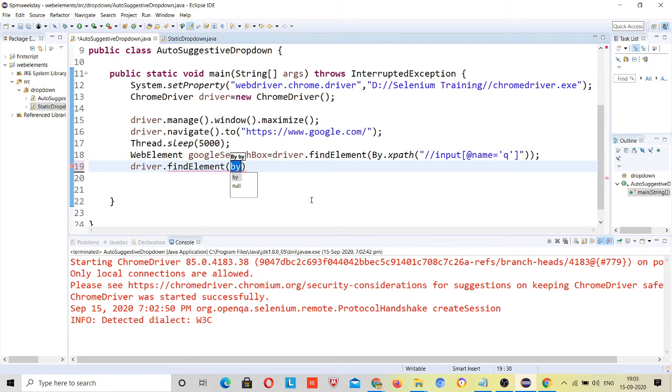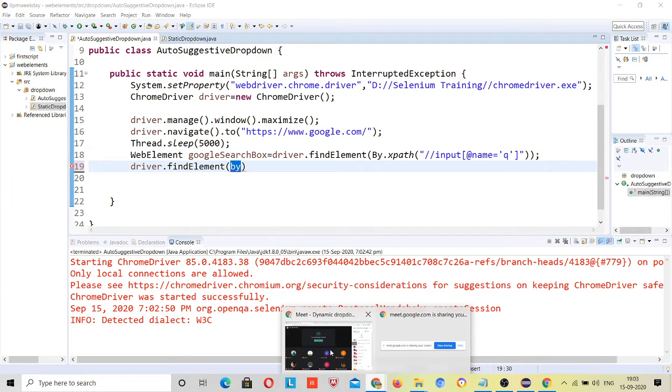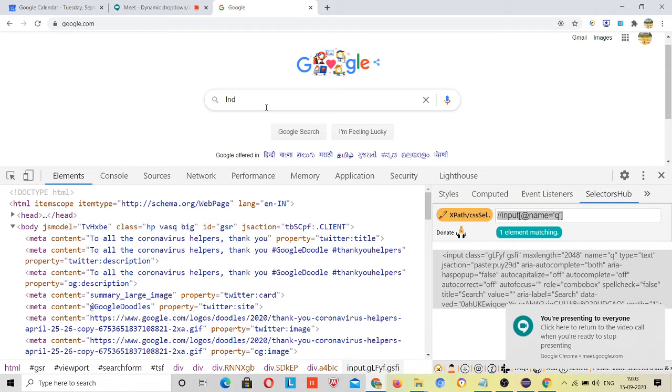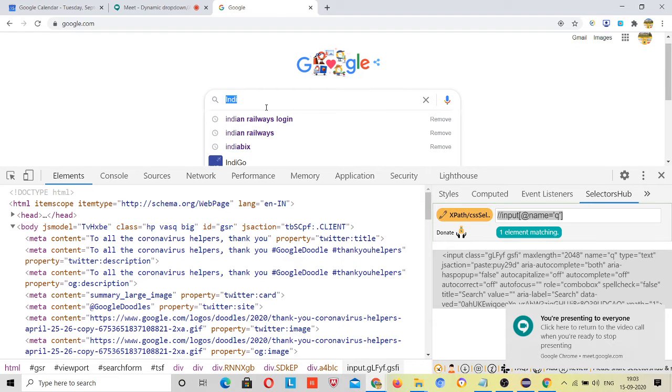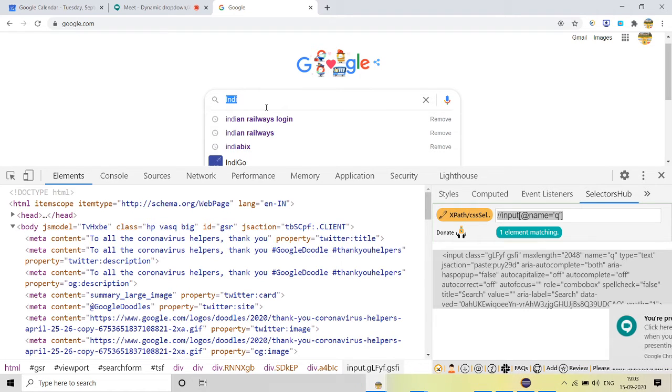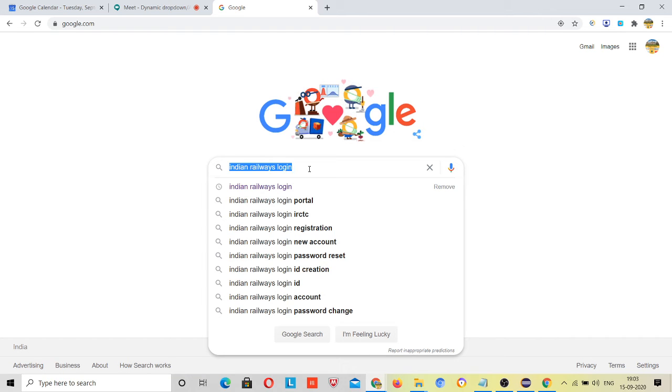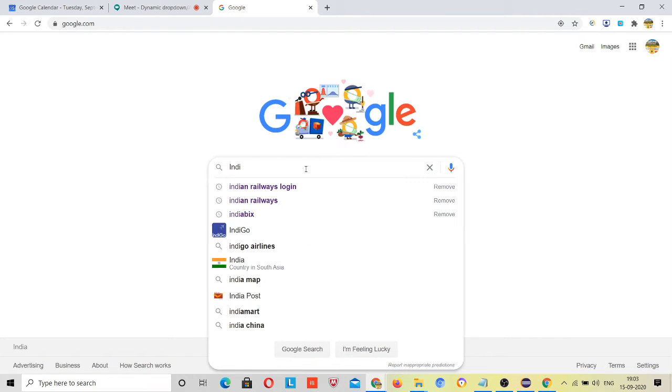Can we print that thing? The text which it is picking, or get the text, something like this. If I am printing India and using the fourth number, yes, we can do it. That's our second way, right?